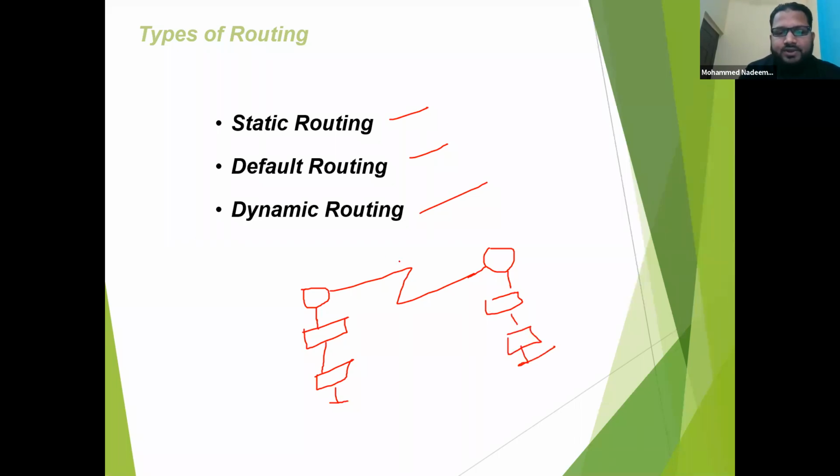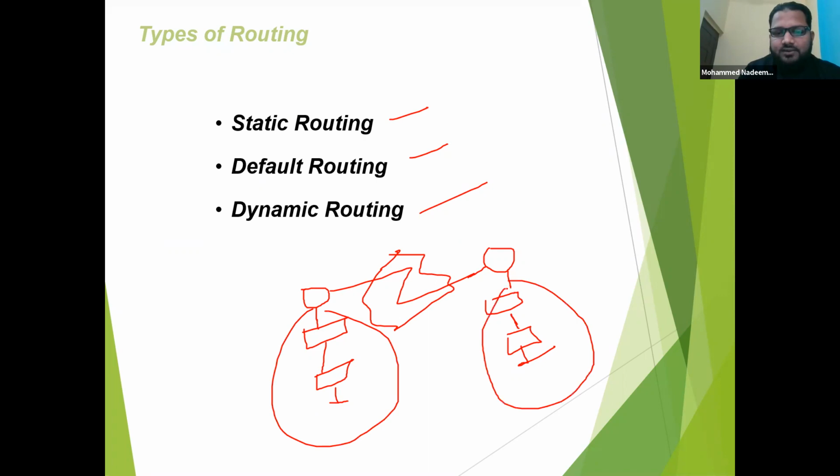This is the place where the ISP will come into the picture. Let's say you have your LAN. This is called your LAN, one network, and another network. Similarly, the WAN, from this interface to this interface, both should be in the same network. So this is one network, this is the second network, this is the third network. In this topology, there are three networks: LAN 1, LAN 2, and WAN.